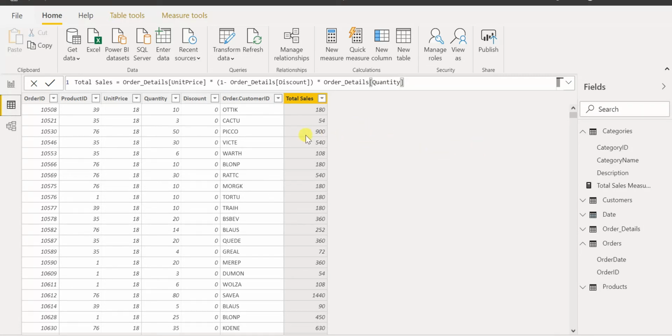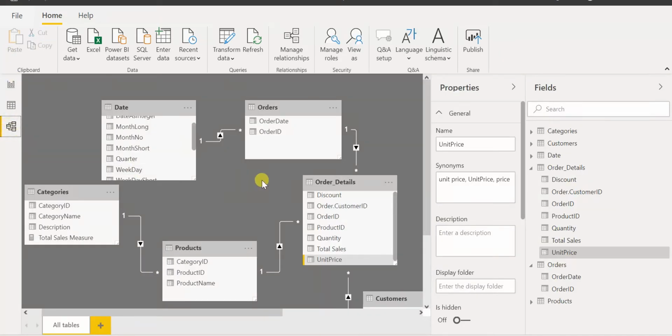And the good part again is that it acts as a normal column which we can use for relationships in the data model itself. You can see here, I can use this column to have a relationship with other tables. So that's a good part here.